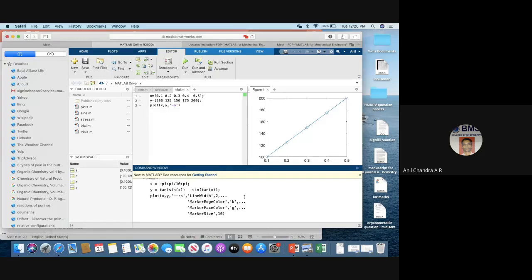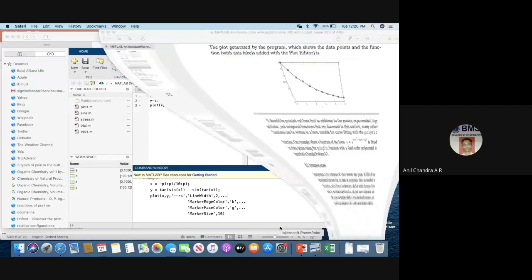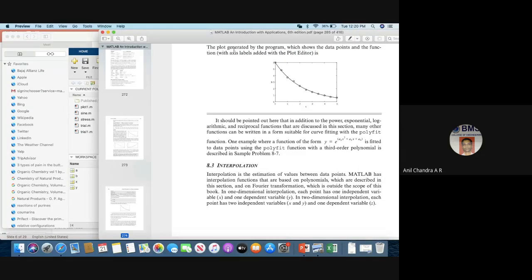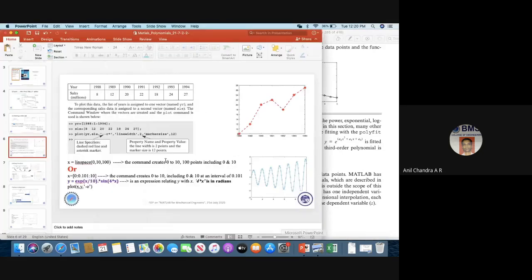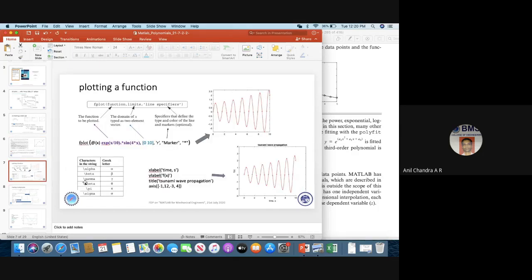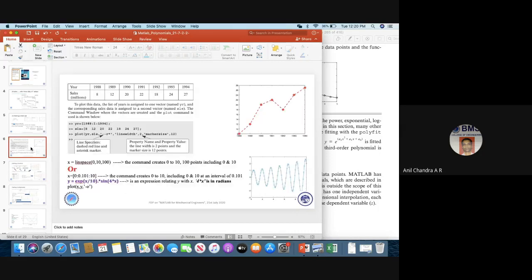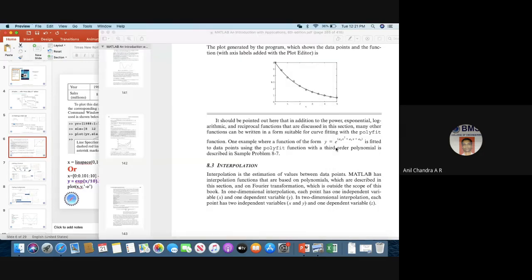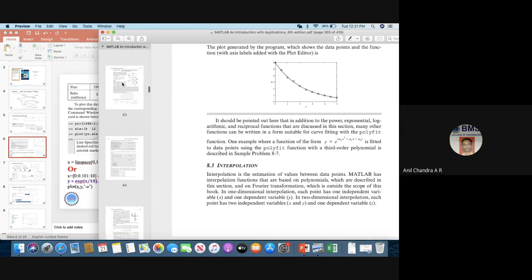I think if you want to plot with the colors, you should. This is the book. I think I have already given it here in one of the slides. What color, what lines? I'm sorry, I have not given the colors of the lines, but the book here clearly indicates what color line.